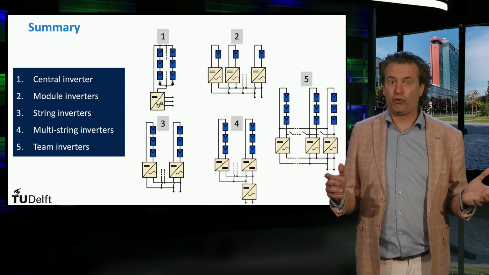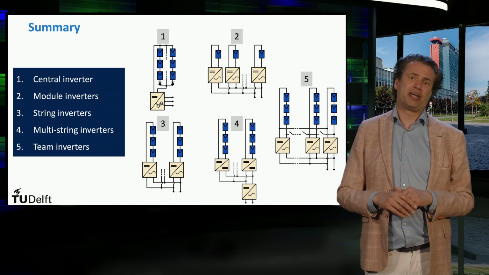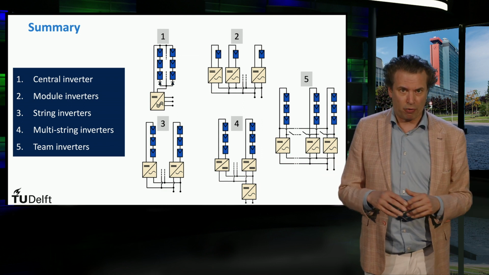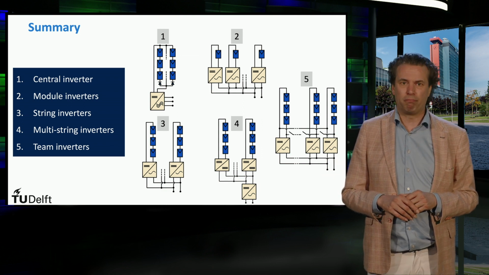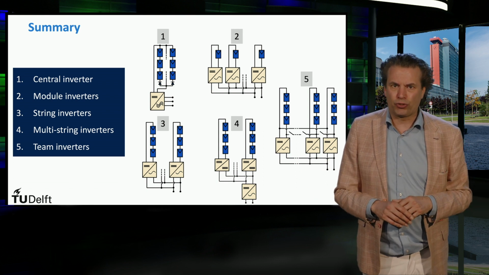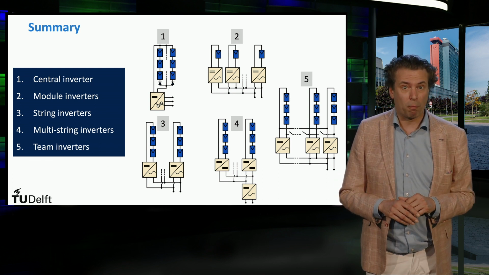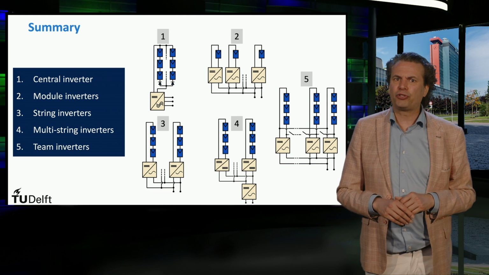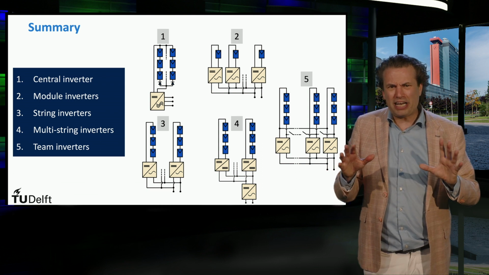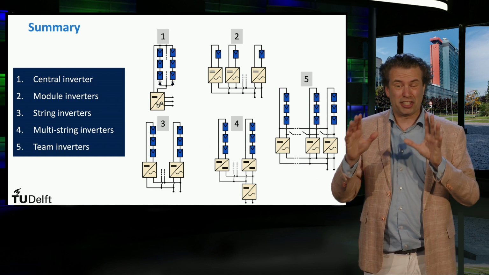The last concept involves team inverters. What happens in this case is that each string is connected to a bus that is activated or not depending on the power intake from the PV modules. As we said, we need additional intelligent control to apply this architecture, which translates into more complexity. It is important to say that each of the presented concepts is valid, but it has to be accurately chosen depending on the system project and the system costs.